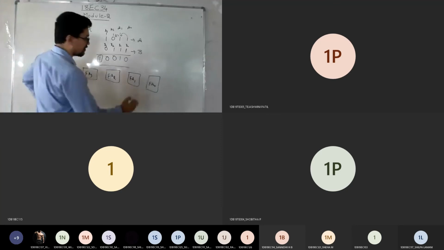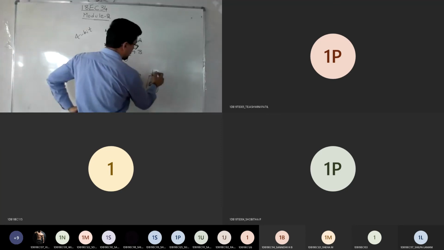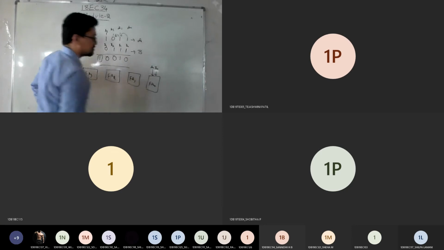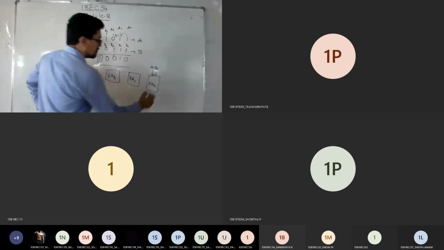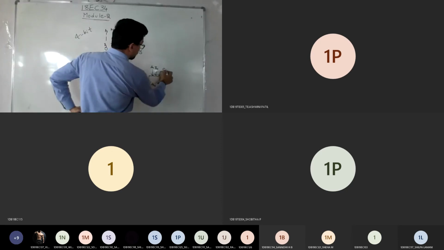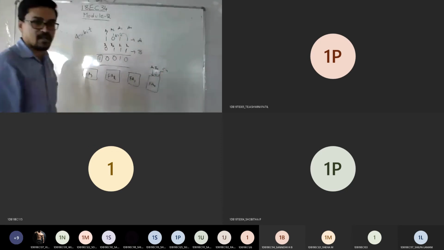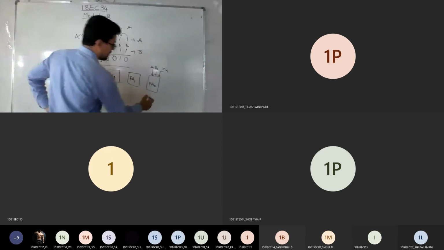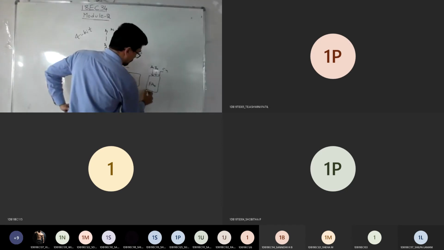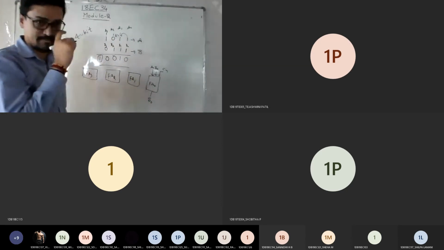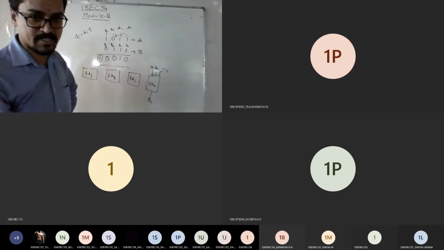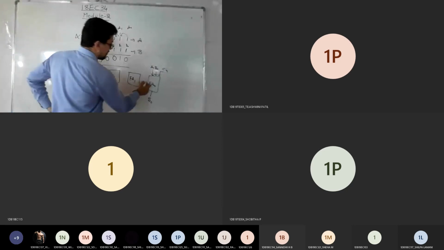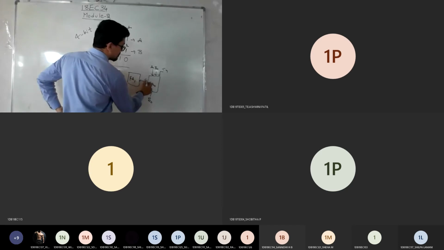We know the inputs for a full adder are A, B, so I can designate A0, B0. Correct? The adder involves an input C also, right? So I can take one more input, C in. What are the corresponding outputs you used to get? Sum and carry. Since it is the first one, I can designate the sum as S0. And what about carry? The carry obtained is your C out.